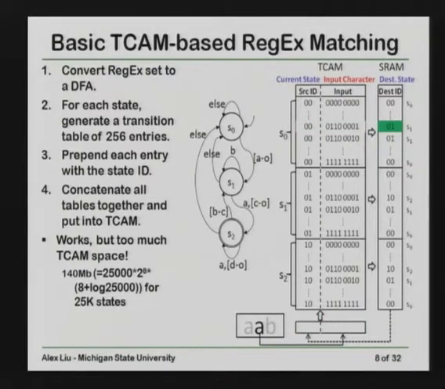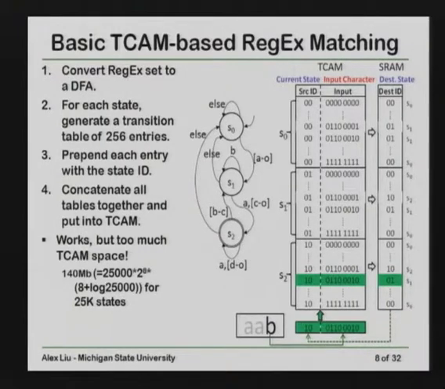Then the second character is A, and this destination ID becomes the current state ID. I put A here again and do a lookup. This destination ID is 10, and I concatenate this 10 with B again, and do a lookup, and the final result will be state 01, for example.